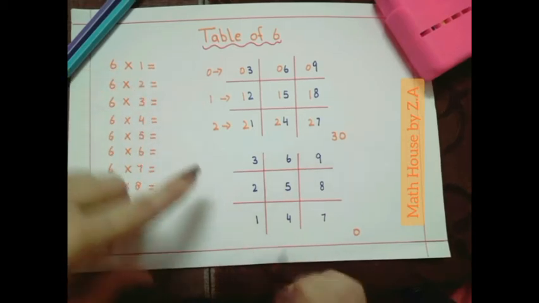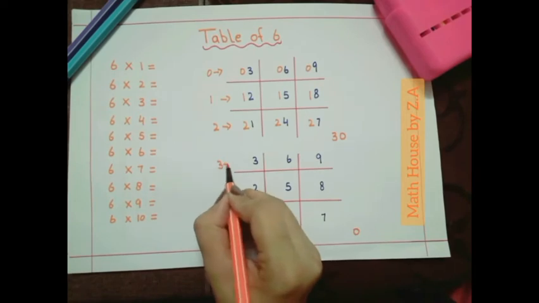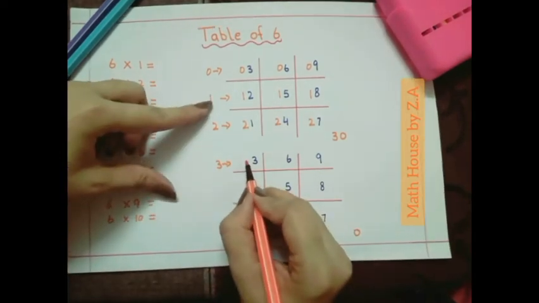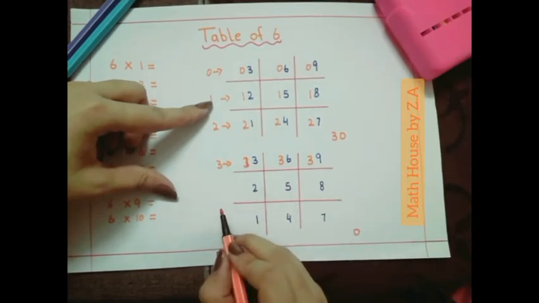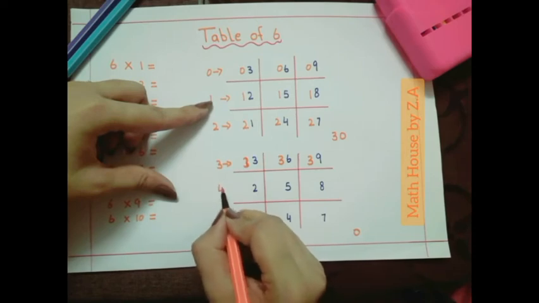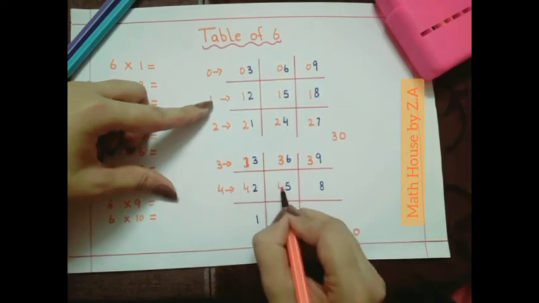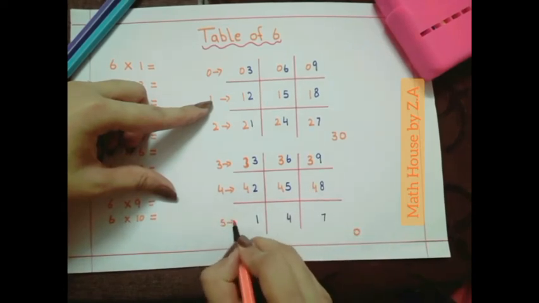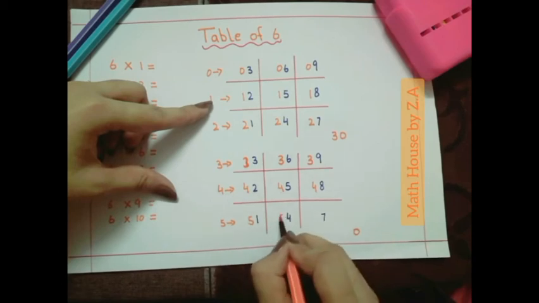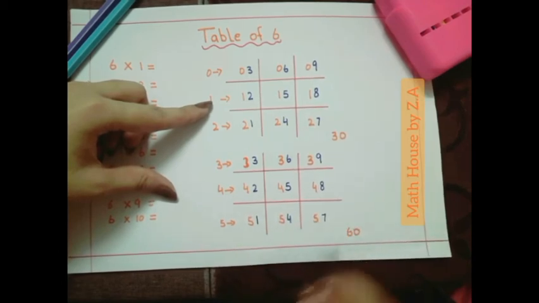Now it's time to add the numbers in the second grid. So we will add 3 in the first row of the second grid with each number. So 3 with 3, 3 and 3 with 9. Now adding the 4 in the second row with each number: 4, 4 and 4. Now it's time for 5, 5, 5 and 5. After 5 we will add 6 with 0.